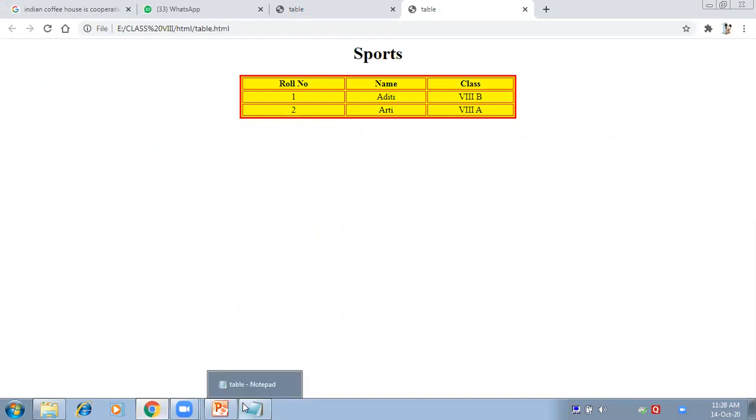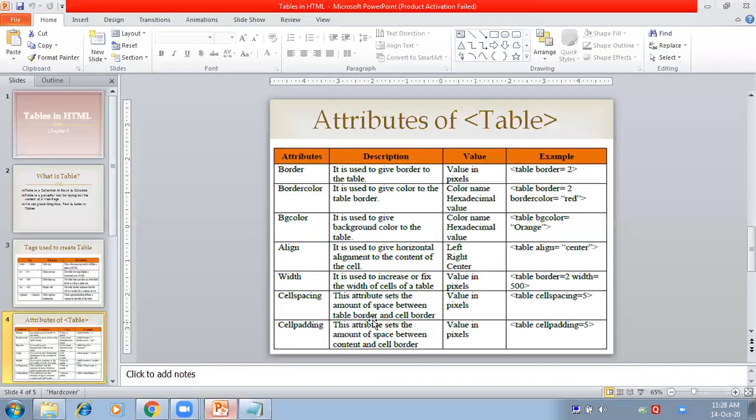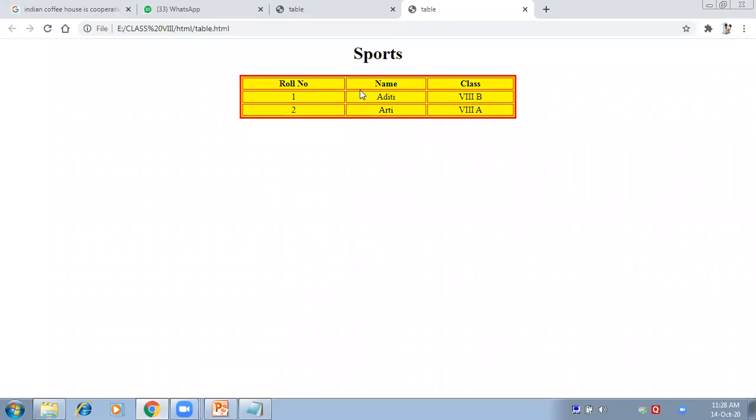Okay. Now next is cell spacing and cell padding. So first we are using cell spacing. What is cell spacing? Cell spacing will give you the space between the border of the table and the border of the cells. It means the distance between these two cells will increase.